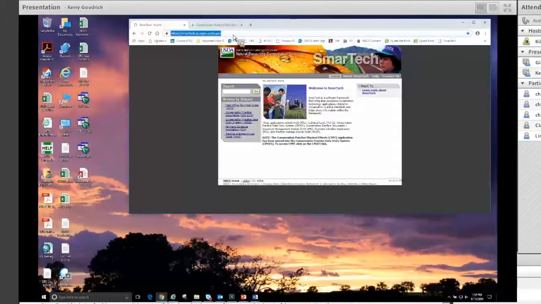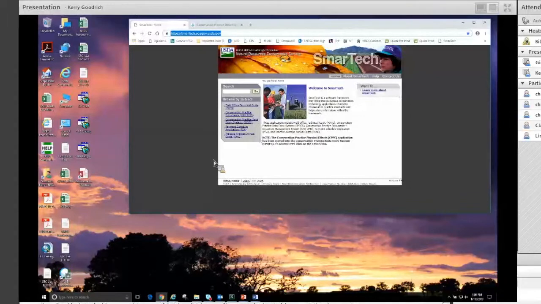I don't know if you talked about this today, but the old Smart Tech website is a great place where you can get access to the Field Office Tech Guide. You can access the CPD DMS system. You can access CPDES. For those of you that do payment schedules, you can access payment schedules and also the average annual costs. You'll notice here that there is a link that's missing. There used to be a link here that said CPPE. That link is no longer there because, as you see from this note here, it says that CPPE has been moved internal into